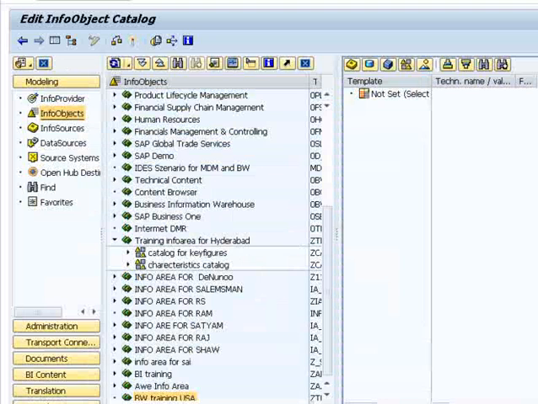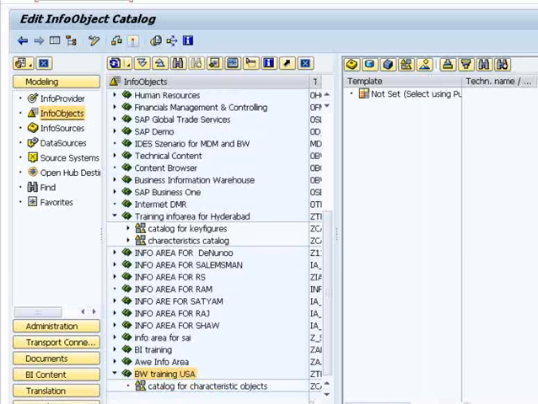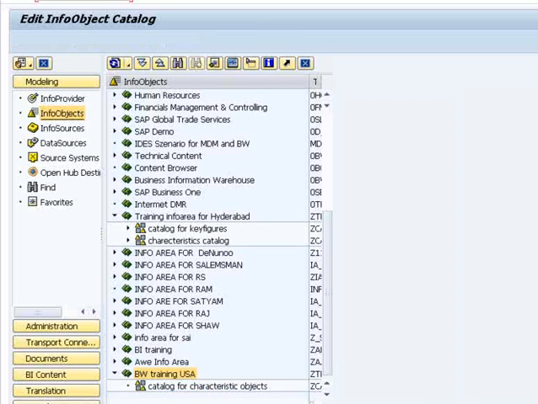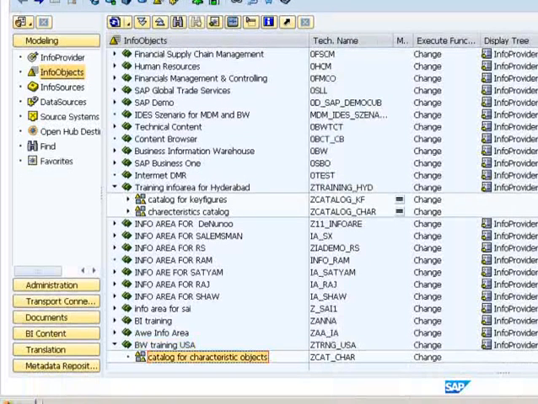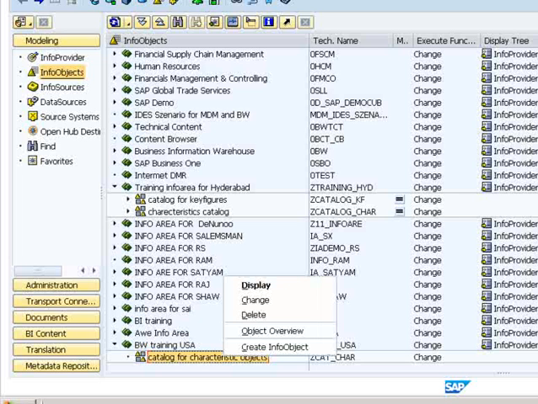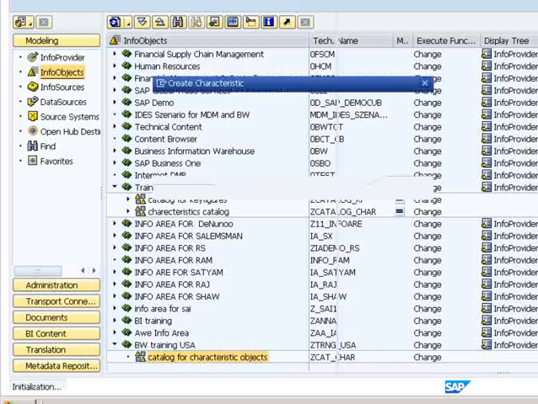Once you create this, you just have to check and activate. Now you can right click on the catalog and create an info object.